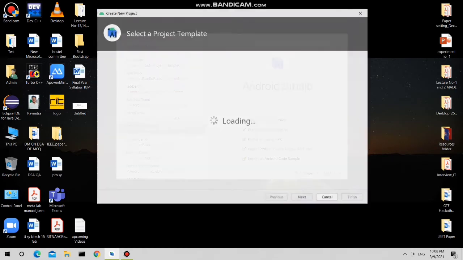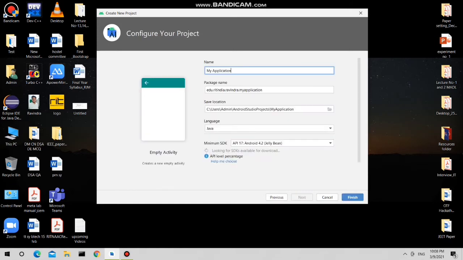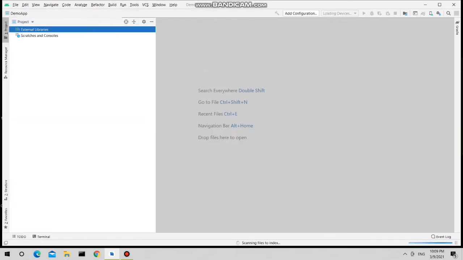So I'm creating a new project. I'm selecting the empty activity, clicking on next, then I'm giving the name as demo app, keeping the default package, and clicking on finish. So this will create the demo app application with the default package. Later we'll change the package name.